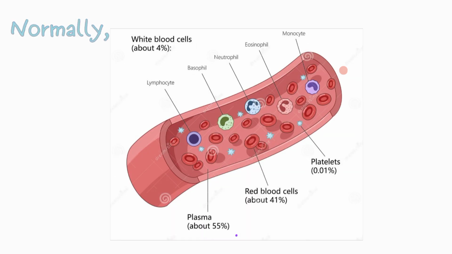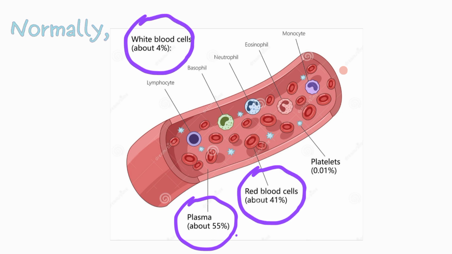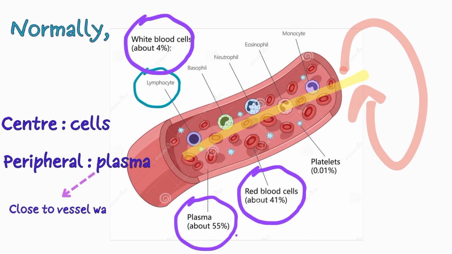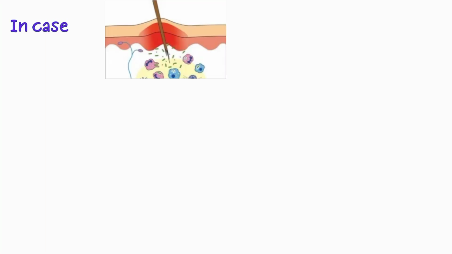Now we are going deeper into this. Normally, in blood vessels, there are 3 things running, that is plasma, red cells and white cells. Red cells and lymphocytes flow in the center of the blood vessels, and plasma is peripheral, so normally plasma is close to the vessel wall. In case there is any injury or any causation, as we already discussed in part 2, that is vascular events,